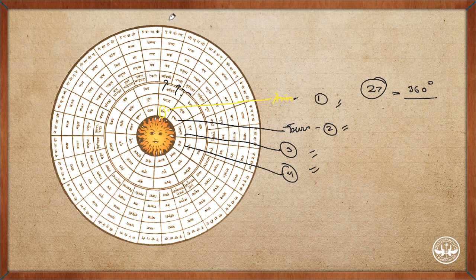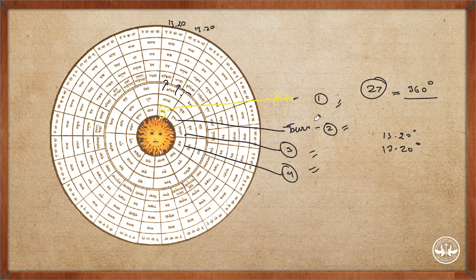So what we got was 13 degrees 20 minutes for each nakshatra. If you divide it, you will get it. In Mesha, we get the whole of Ashwini, 13 degrees 20 minutes. Then you get 13 degrees 20 minutes of Bharani. And if you add 13 degrees 20 minutes again, plus 13 degrees 20 minutes,